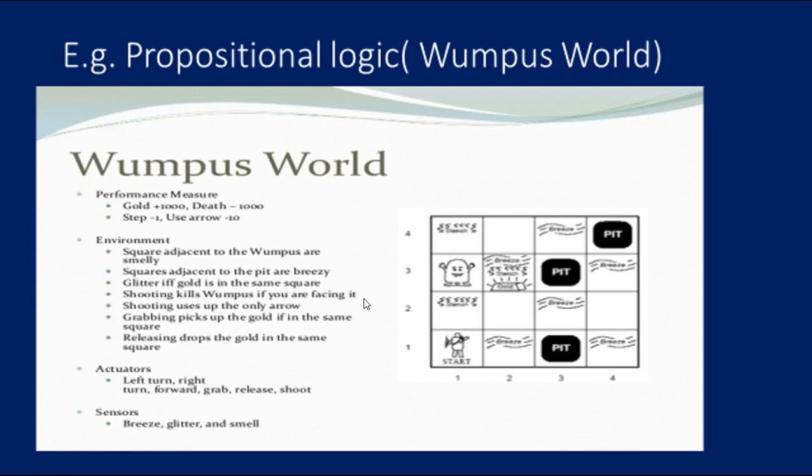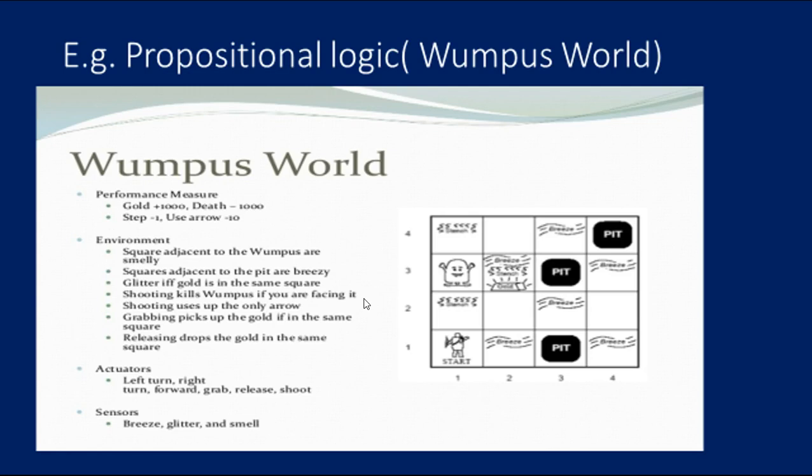The exciting thing with this cave is that in one room there is a possibility of finding a heap of gold. So the agent's goal is to find the gold and climb out of the cave without falling into pits or being eaten by the Wumpus. The agent will get a reward if he comes out with the gold, and he will get a penalty if eaten by the Wumpus or if he falls into a pit. So this is a diagrammatic representation. It's showing some rooms with pits, one room with the Wumpus, and one agent at the 1x1 square location of the world.